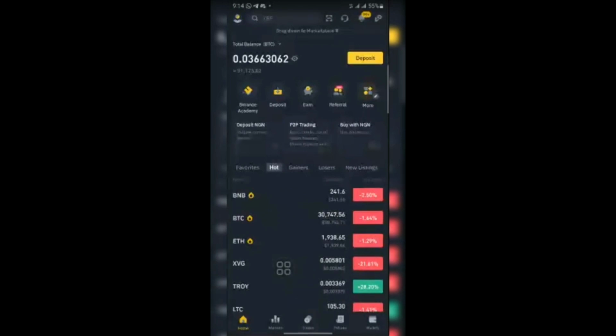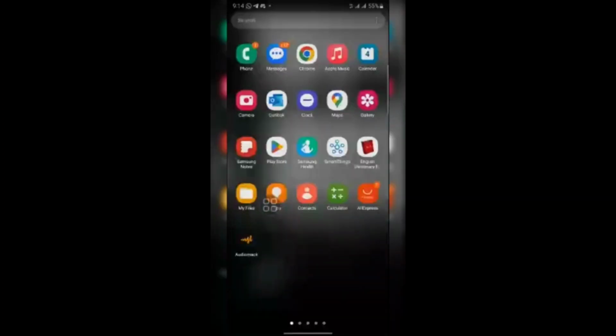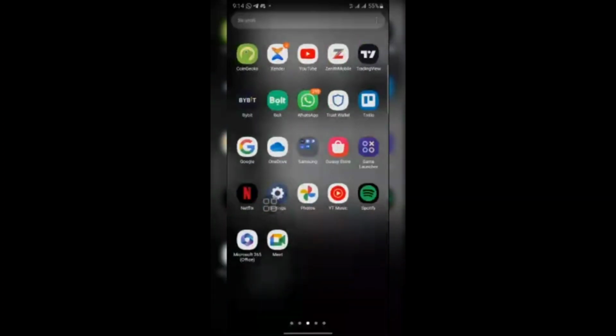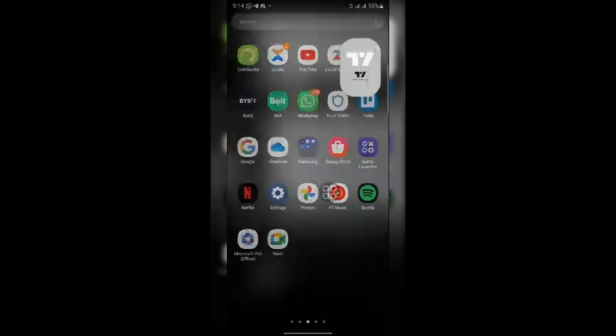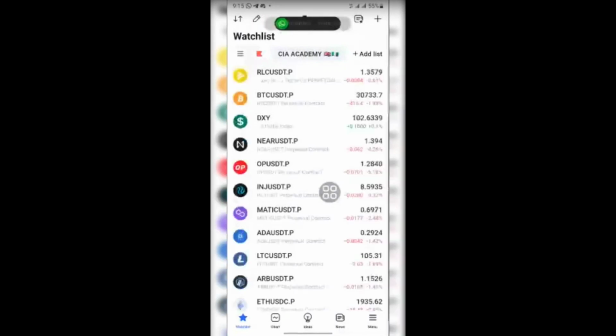You understand? But if you are a trader, after analyzing your market on TradingView, where the app we'll be using for analysis is TradingView, let me show you the TradingView. This is the app, this is where we analyze the market. We'll get there too, when we get to types of analysis and how to execute them. I'm going to tell you everything about it. You can see a lot of coins that you can analyze there.